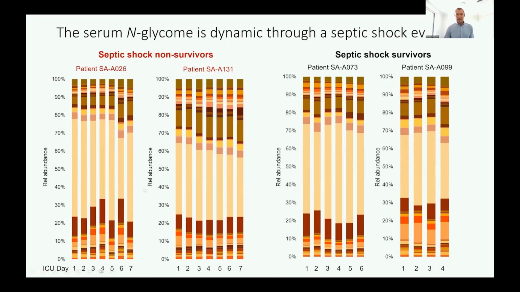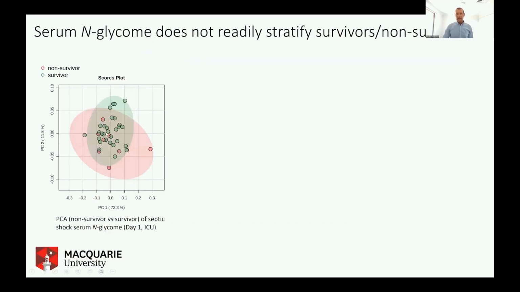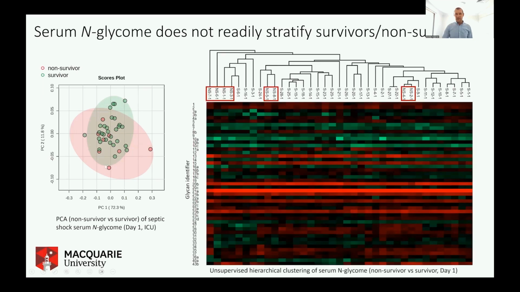Because we have longitudinal information here, we can follow the evolution of the glycome of the non-survivors towards death or towards recovery for the septic shock survivors. We could basically see in an unsupervised PCA that there's no real stratification between the survivors and non-survivors based on the serum glycome, which was a bit of a disappointment when we looked at it like this. A little bit of separation using unsupervised clustering, with the non-survivors falling over here, but there was really no clear